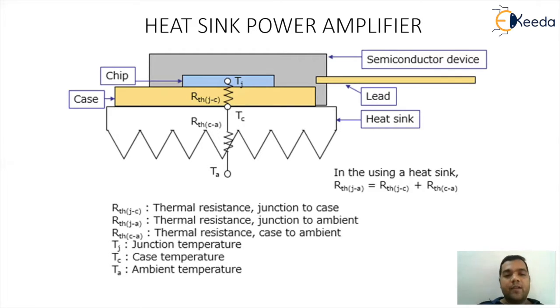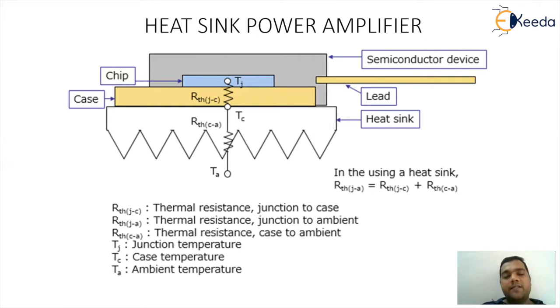From the case it will go to air. Now all of us are aware that the entire heat dissipated by the transistor will never reach the case, neither will the entire heat reach the air. If that were true, the transistor would have cooled off very easily and the heating effect would not have been sustained. But in electronic circuits, the longer they are kept on, the dissipation keeps on going.